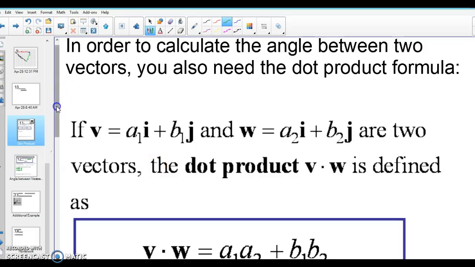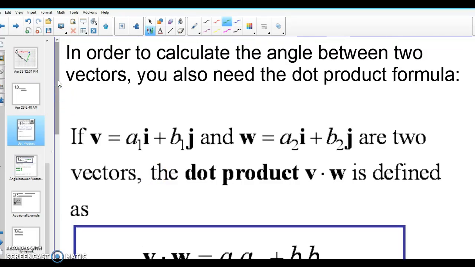Okay, this last bit that we're going to look at for this chapter is calculating something called the dot product and the angle between two vectors. So once you get past a lot of the gibberish that the book gives you, the formulas in this section are pretty simple. So if I have V is A1, B1 in the coordinates, and W is A2, B2, then